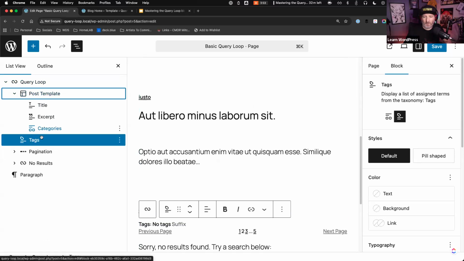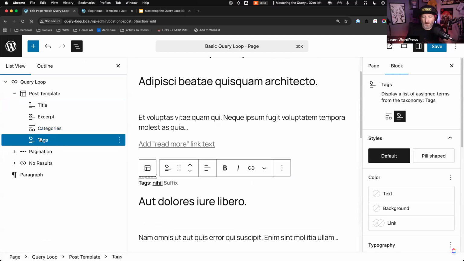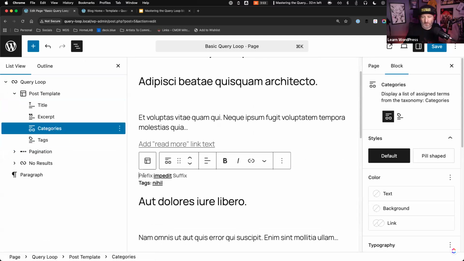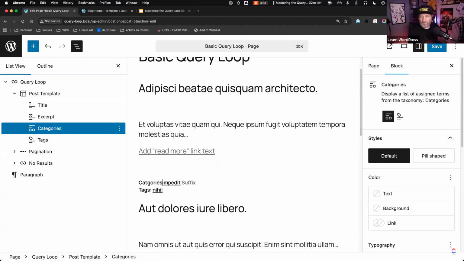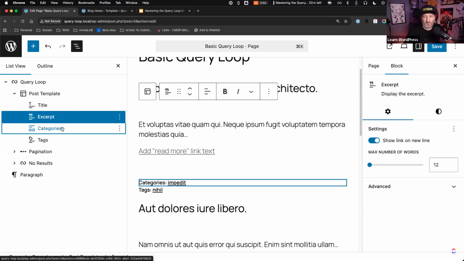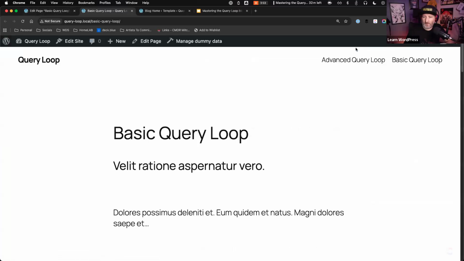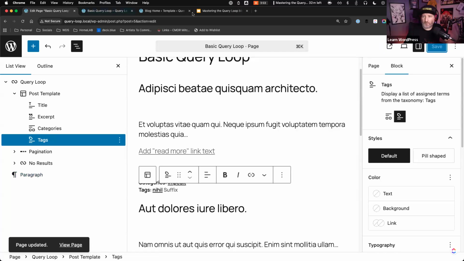But if I go in and add these to each post, then we've got a little bit here that says categories, and I can put that there as well, categories and tags. And so every entry inside of this archive is going to have the title, the excerpt, the categories, and the tags. And so when I view this in a new page, after I save it, of course,